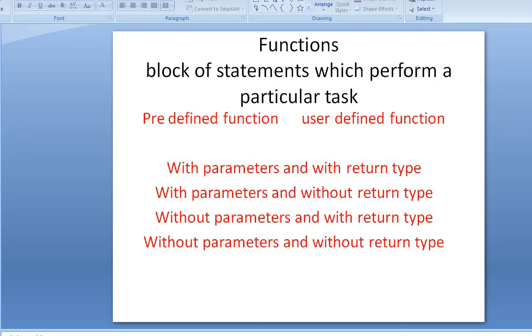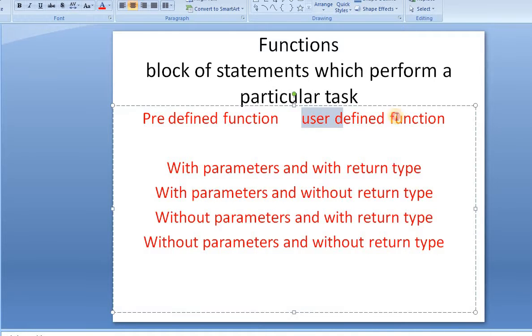So we write in every program main, and with opening braces we write all the statements inside the main block. That is a predefined or built-in function. And we have one more type, that is user defined functions, where the function name is declared by a user. So the user will be defining the function in these user defined functions.